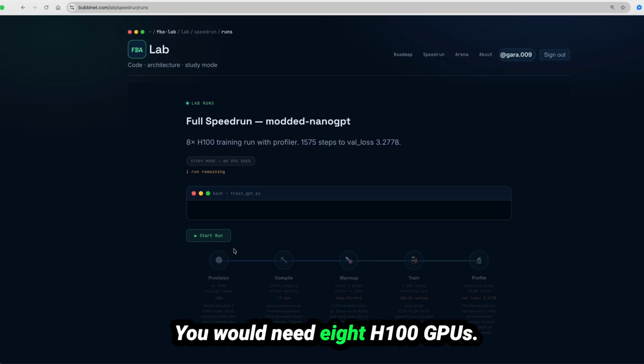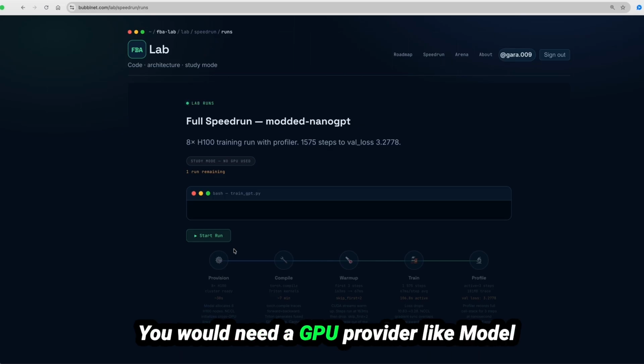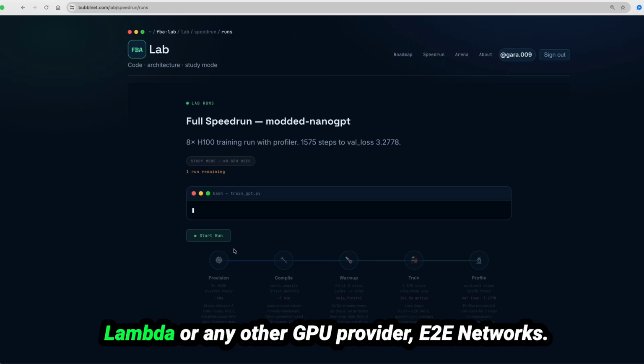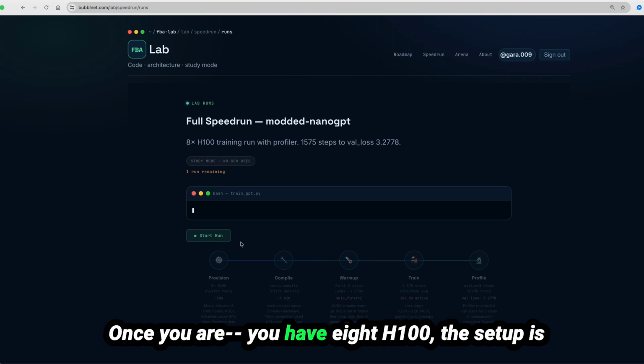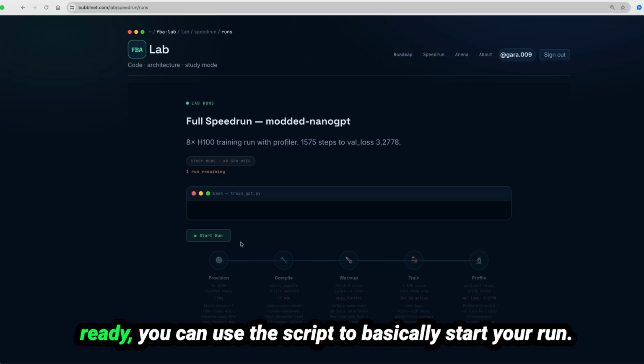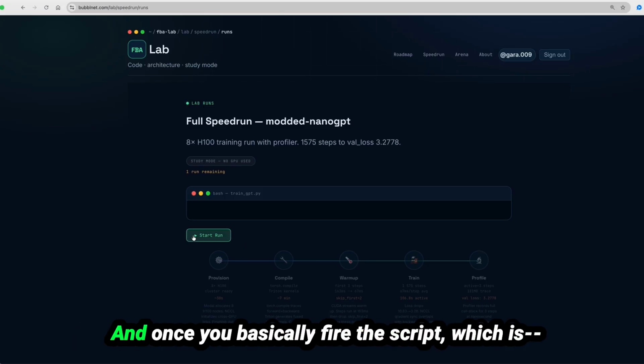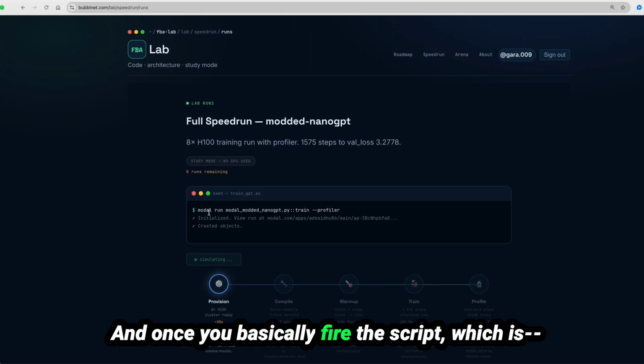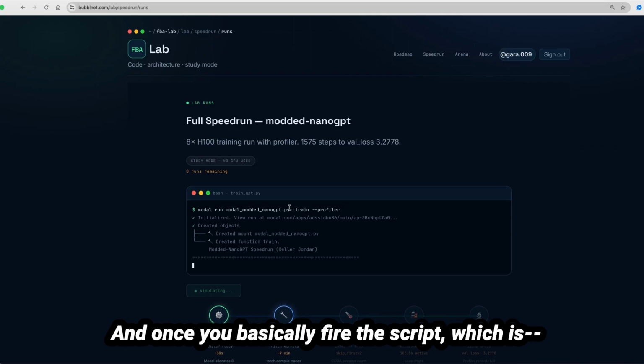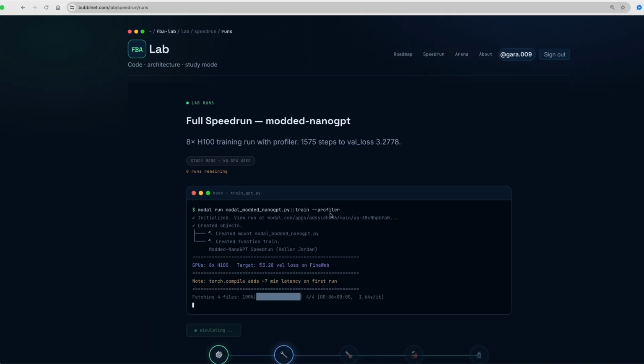You would need 8 H100 GPUs. You would need a GPU provider like Modal, Lambda, or any other GPU provider, E2E Networks. Once you have 8 H100, the setup is ready. You can use the script to basically start your run. And once you basically fire the script, which we have done here,